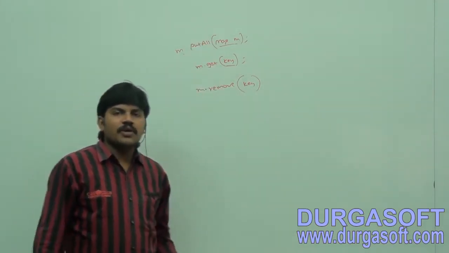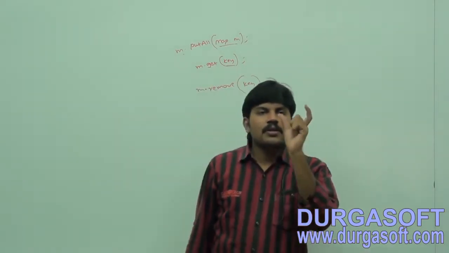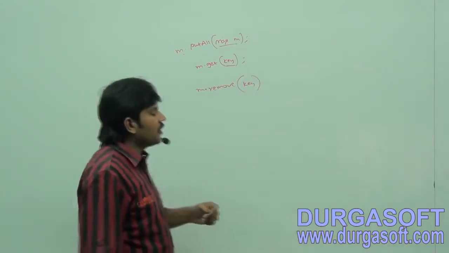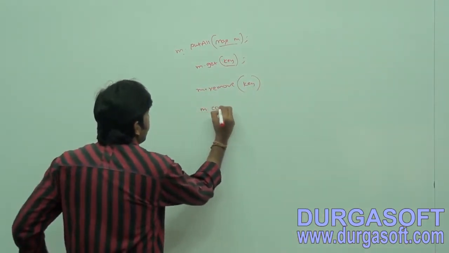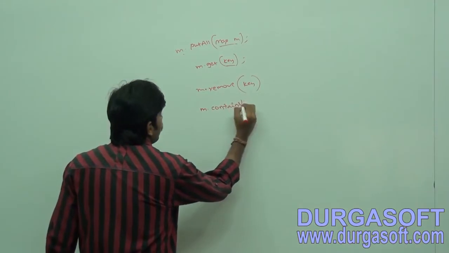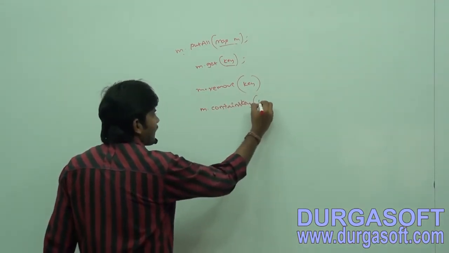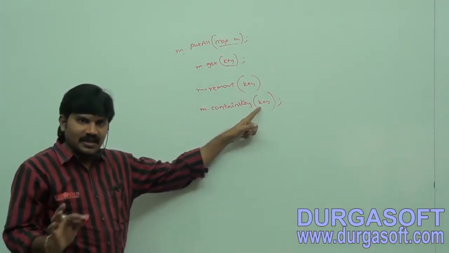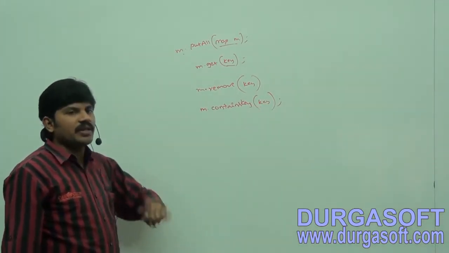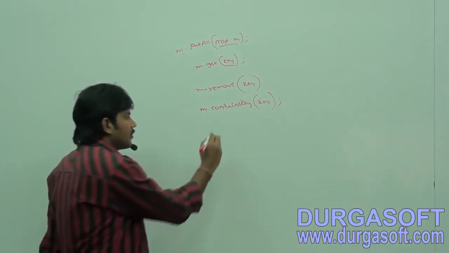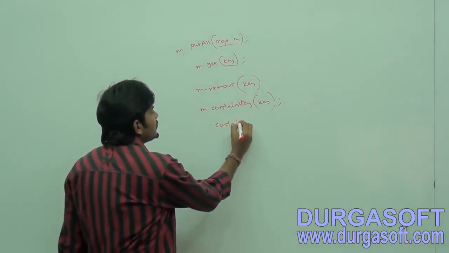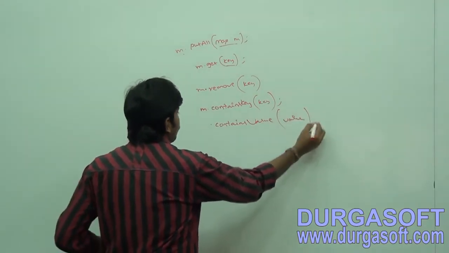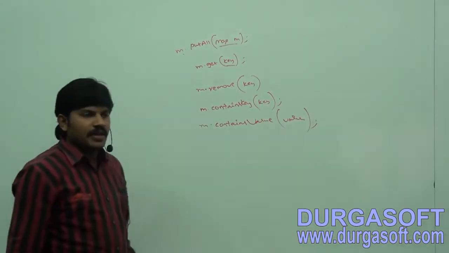Okay, the same. Sir, I want to check whether a particular key is available in this map or not. M dot, what is the method? Oh, good. Contains key. So can you please check whether this key is available or not? Contains key. Similarly, I want to check whether a particular value is available or not. What is the method? Contains value. You can pass the value, whether this value by default is available or not.